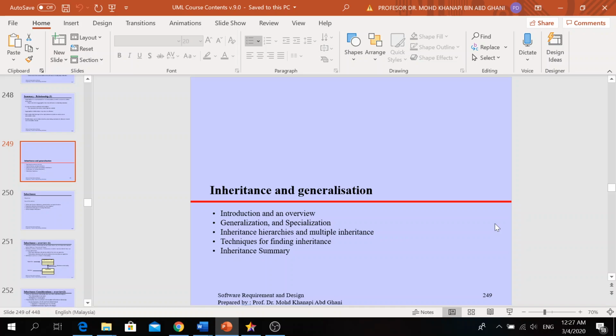We continue the relationships. One of the relationships for links between classes or objects is inheritance and generalization. This is one of the relationships that I told you about already in the previous video. Okay, so inheritance